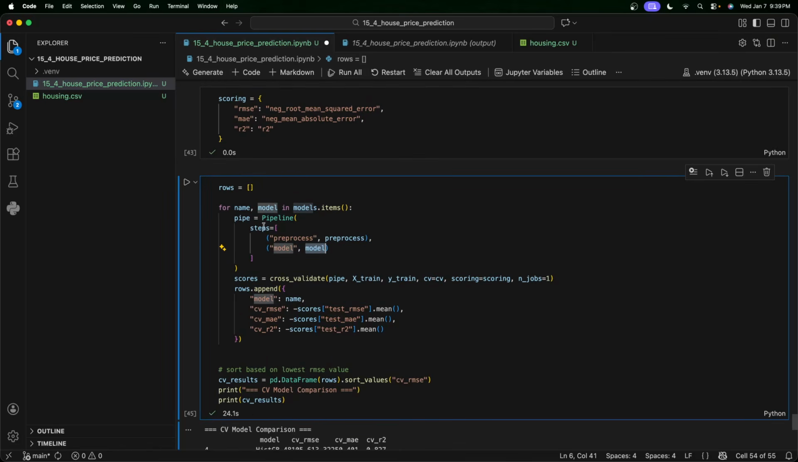So the first time the for loop runs, this pipe has the linear regression model in it, and cross validation happens. Next time it has ridge regression, next time lasso, and so on. Let's say first time pre-processing happens in this pipeline, and then we have this model as linear regression, and then we get this cross validation. What happens here is